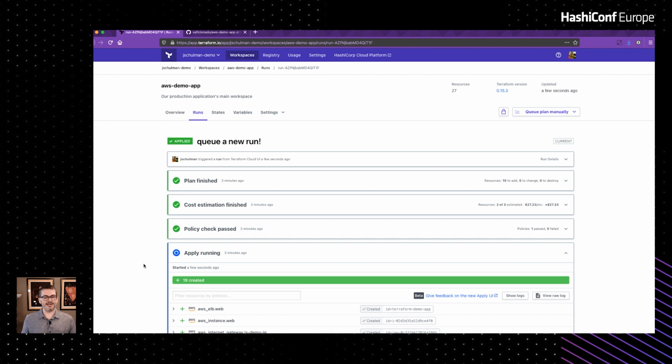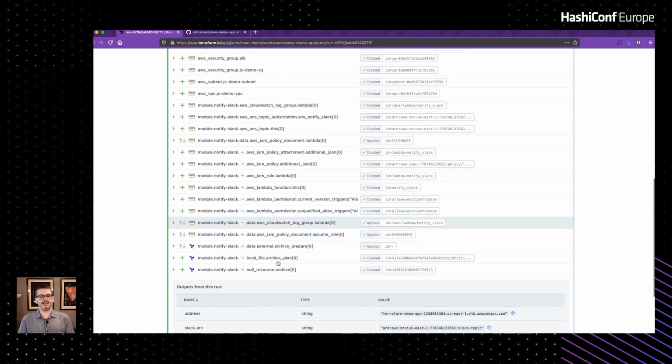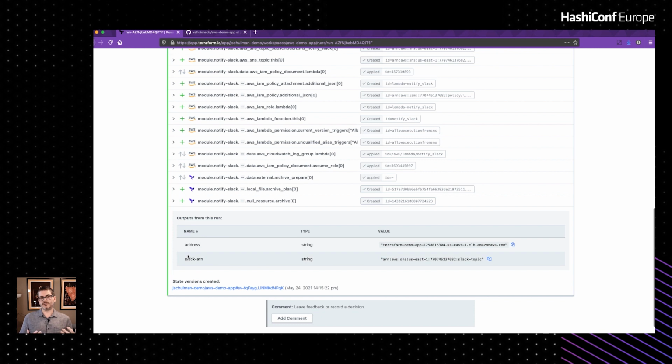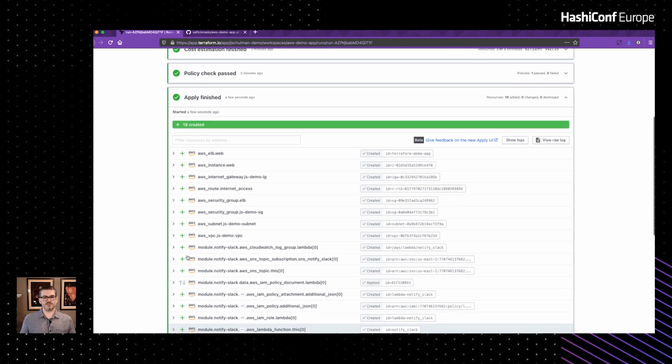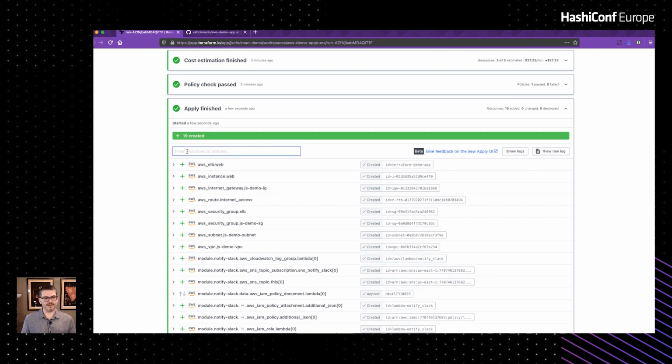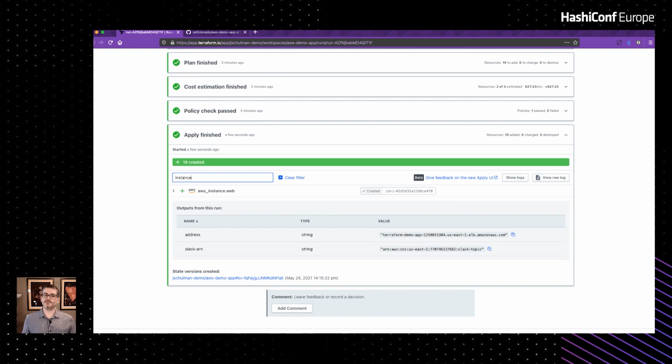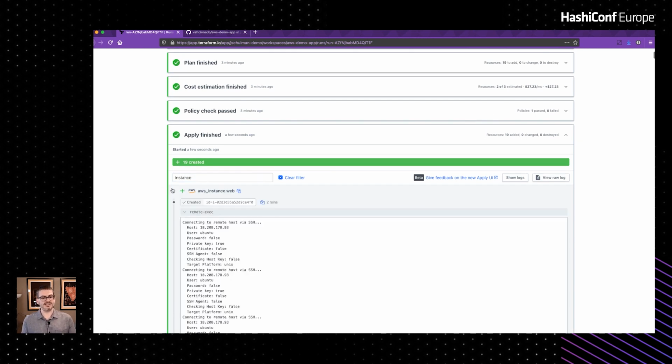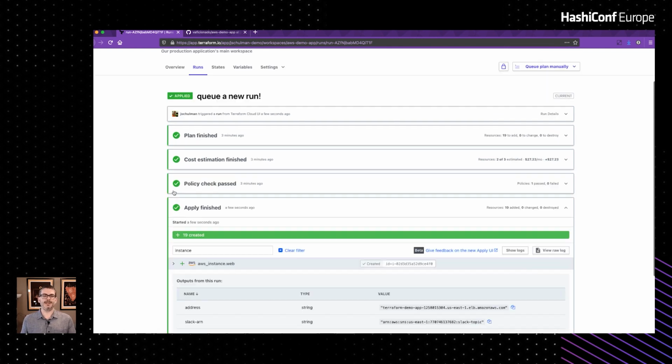Everything's all done, ready to go. And we give it just one more second. We'll scroll down, and we can see not only do we have the resources, but also the outputs. The outputs, of course, being things that you programmed into your config. And we can filter this view to find specific resources. In this case, I can locate that instance again just by typing in instance or any term that you might